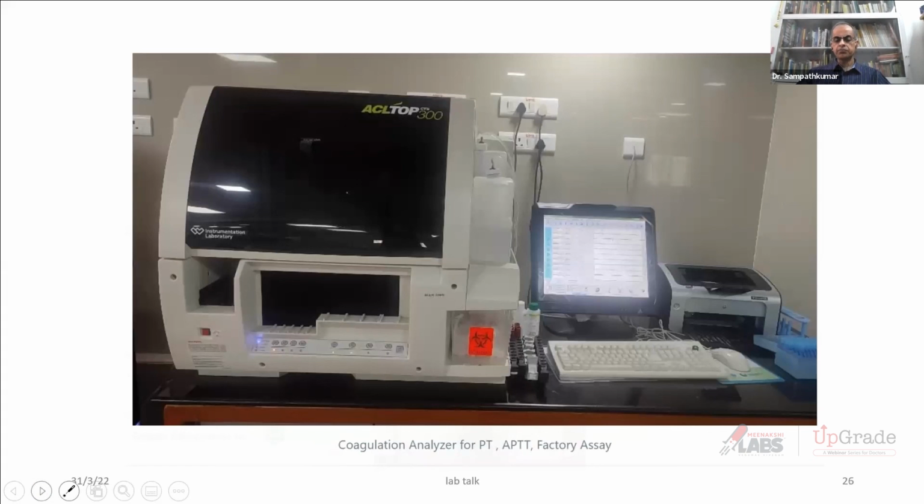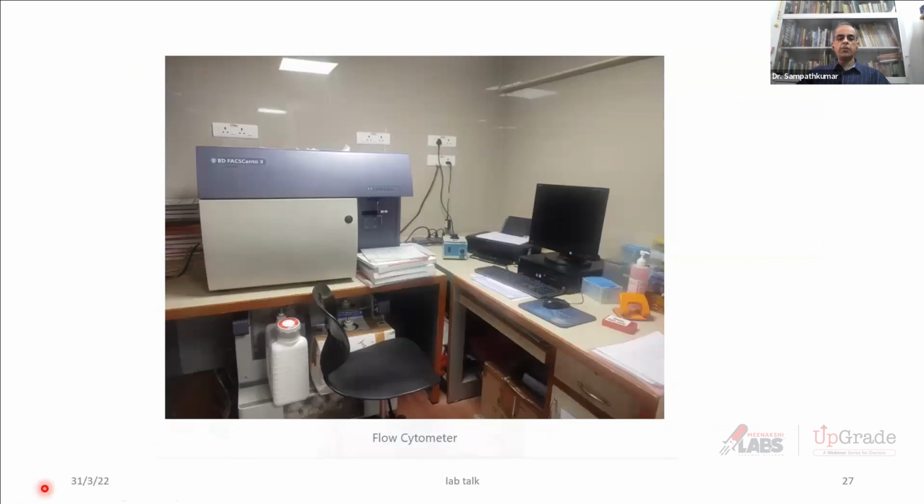the coagulation analyzer, where even individual factors can be analyzed, and also in a patient, for example, a pregnant lady with what looks like a preeclampsia, if you find that the patient has features of advanced coagulation defect with liver cell failure, you make a diagnosis of the acute fatty liver of pregnancy. So all these are made possible with the help of a laboratory, and this is the flow cytometry which we make good use of in diagnosing not only different types of hematological blood dyscrasias and also therapy, along with